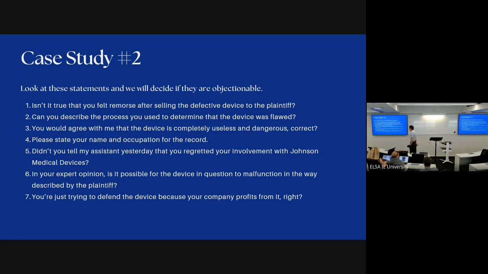If you're saying you're just trying to defend the device because your company profits from it, you're accusing them of doing this. If you say, your company profits from this device, correct? That's leading. It's suggesting that they do, but you're not necessarily accusing them of any wrongdoing. Profiting from a device is not wrong. But in theory, this is wrong because you're defending them only because you make profit, and that would be racketeering. So,